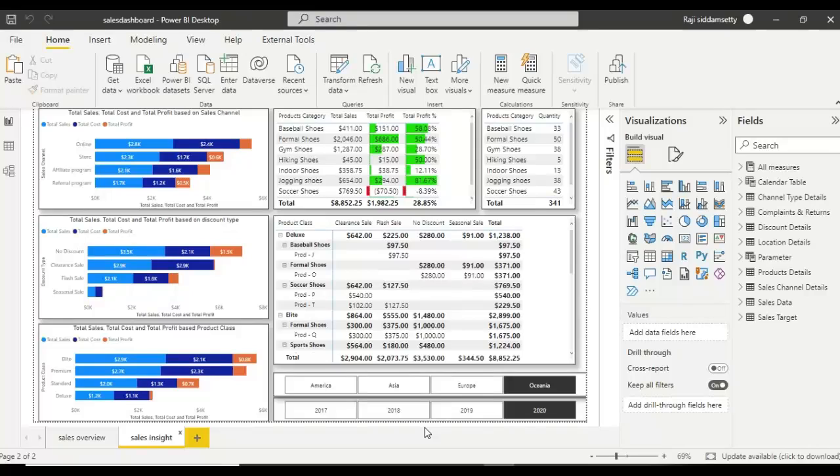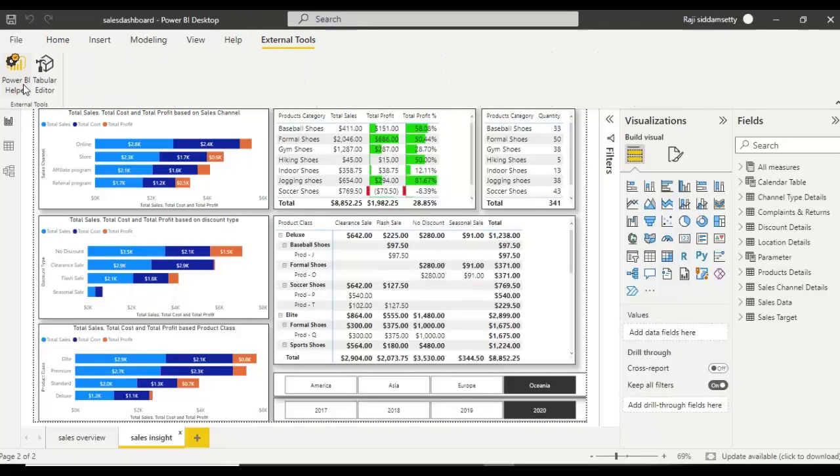In this video, let us learn how to reduce the size of a Power BI file using Power BI Helper. One of the important performance considerations of Power BI is to reduce the file size as much as possible. One way to reduce this Power BI file size is by using this external tool